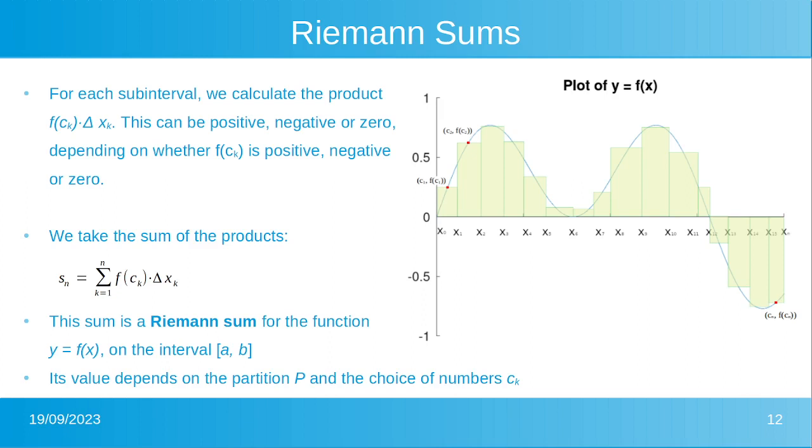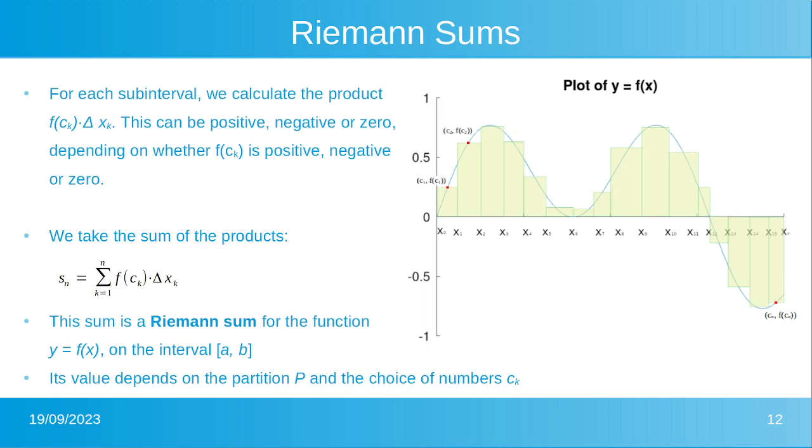So if we have a look at our plot here on the right hand side, we can imagine how the value of the Riemann sum would change depending on how we've created our partition and how we chose our ck numbers. Because if we created our subintervals to have, say, shorter lengths, or larger lengths,